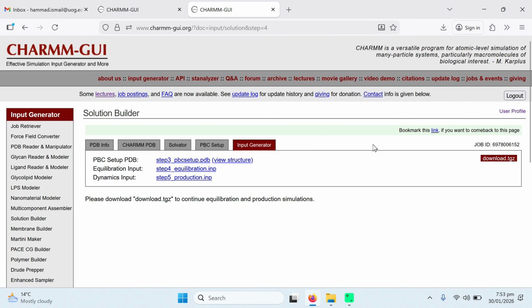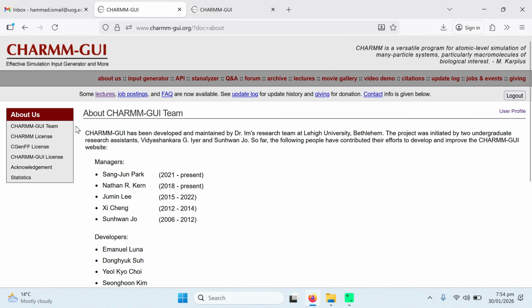There is one thing more I would like to explain here. If your job is currently running and you need to go somewhere and you need to switch the window or close your system, simply copy this job ID. This is always present on your job ID. Copy this ID and save it. Next time you open your